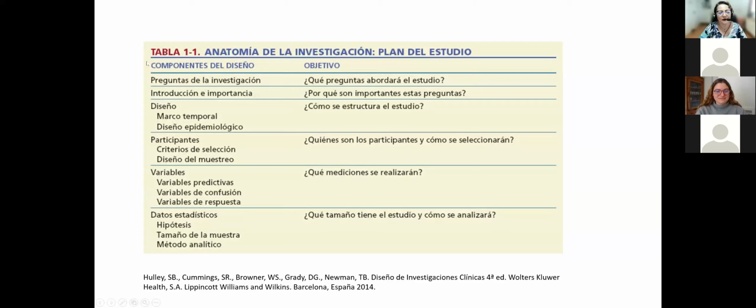This methodology is the one that says how I will conduct the process. And it has to do with the research questions, which is what questions the study will address, also in the introduction and the importance of the study. So the justification tells us why these questions are important, as well as the answers. Also, the methodology design, the temporal frame, and when, and if it's an epidemiological study, how I will structure this